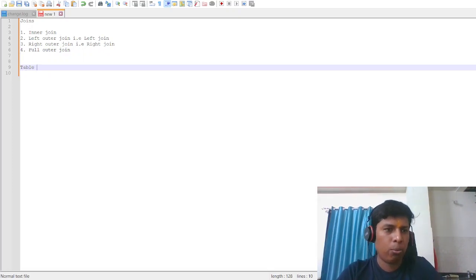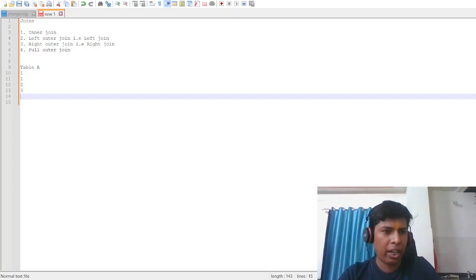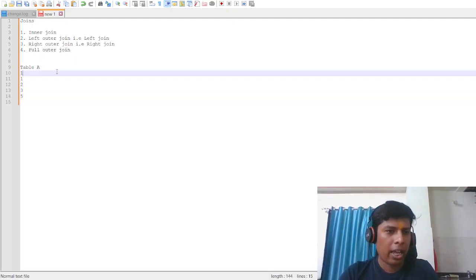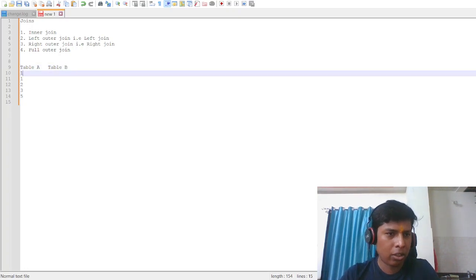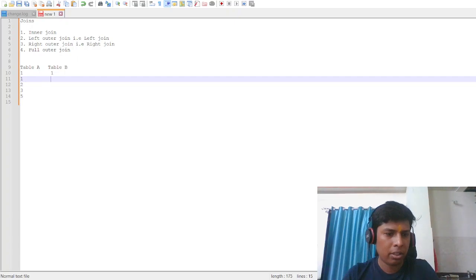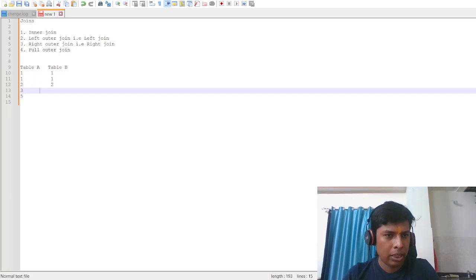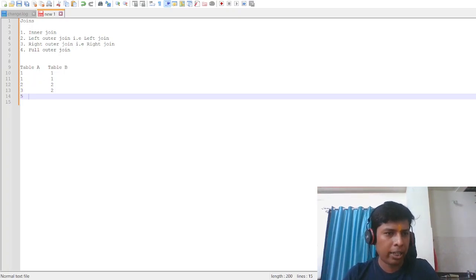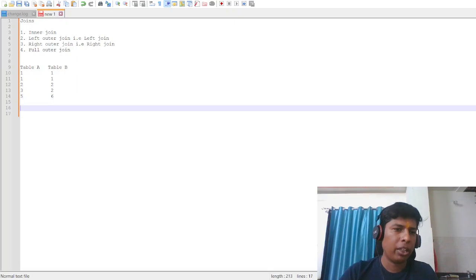Let us consider two tables. One is table A and let's take the entries 1, 1, 2, 3 and 5. Okay. And we take another table, table B, and the column entries would be, suppose, 1, 1, then I can take 2, then I will take 2 and then I will take 6. So suppose the interviewer has given you these two tables and asked you what would be the result if we